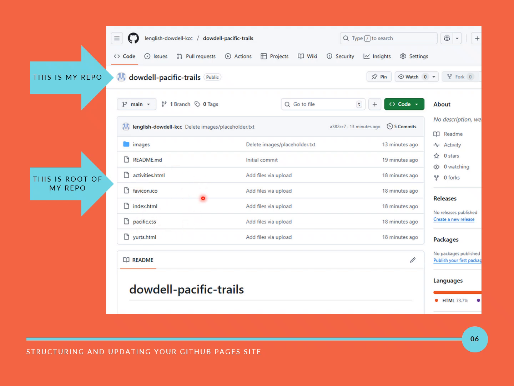Sometimes when you go to upload a new file, like a new version of index, it may not write over it. What I usually do is clean this out. If I go to upload it and it wants to rename it or whatever the case is, I'll just delete this one and then upload a new version of it. So you can delete and then upload new versions. But whatever method you use, this should represent your current website, whatever the current version is,